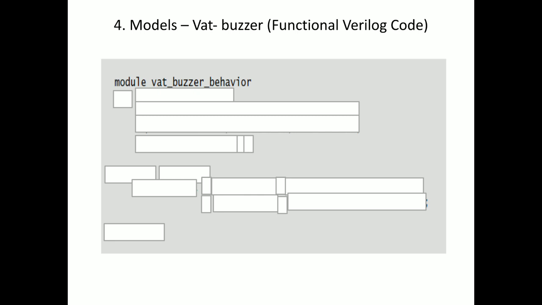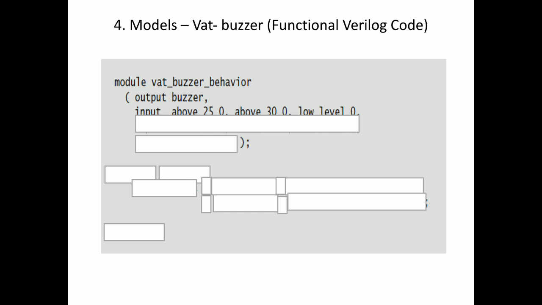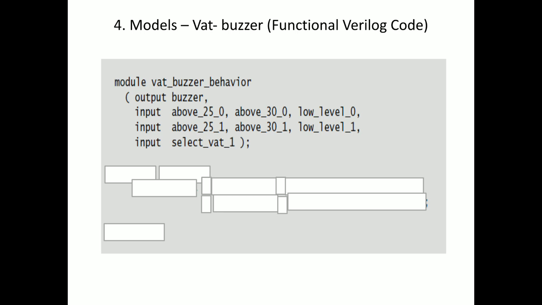One important thing to be conveyed, I will tell in the end. Next is define the port list. It should be done within parentheses. We have written parentheses. Next, semicolon. It should end with the semicolon. Within parentheses, we need to write the port list. Output port buzzer, comma, input ports watt0, watt1, and another input port, select. Oh, same port list, right? Yes, we have used the same port list. Only the name of the module has been changed, which is watt underscore buzzer underscore behavior.